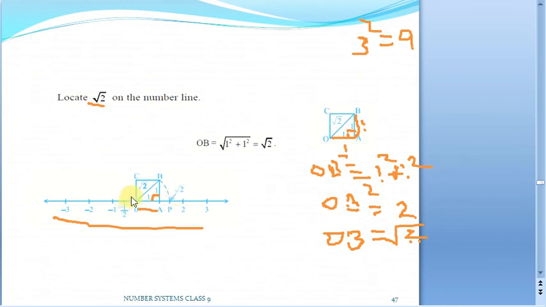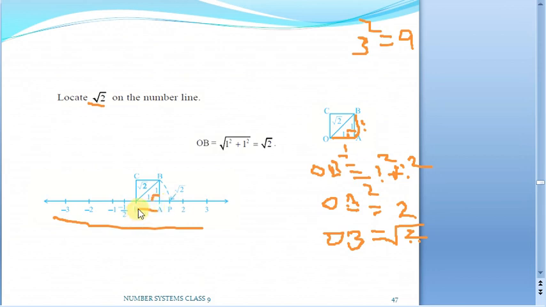Observe carefully once again, we have placed our tip at our 0, that is our O, and our pencil tip at B. So this length is adjusted to root 2 units. Now we fix the tip at the 0 itself and we move the tip of the pencil towards the number line like an arc. And when you draw a circle, the radius remains the same. If this OB is equal to root 2, this OP is also equal to root 2. Why? Because you are drawing an arc like this. OB is the radius, and OP is also a radius of root 2 units. That means exactly this root 2 will be lying at this point P. So this is where exactly you will be getting our root 2 on the number line.